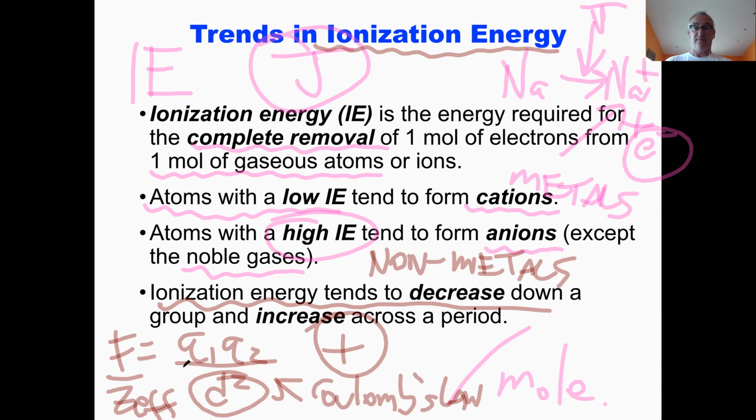On the other hand, as we're going across the periodic table, this distance stays about the same, but the Q's get bigger. Especially the size of the nucleus gets bigger. And so that positive charge gets bigger and bigger and bigger and bigger. So as you go across, the Z effective gets bigger. The force holding those electrons gets bigger as you go across. So that's why those electrons that are far away from the nucleus are easier to pull away. So let's see